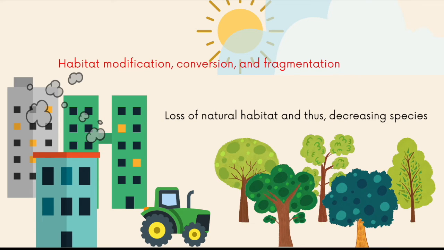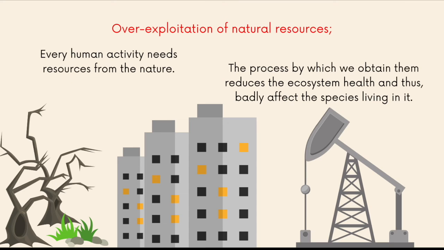Nowadays, the lands have been continuously converted into buildings, farms, and other human-related activities, resulting in habitat modification, conversion, and fragmentation that reduce the species in biodiversity. As human activities require energy, we constantly use natural resources such as oils, coals, and woods to fulfill our essential needs that utilize energy. However, the process to obtain energy will affect the health of the ecosystem and create an impact on the living things that live in the ecosystem.